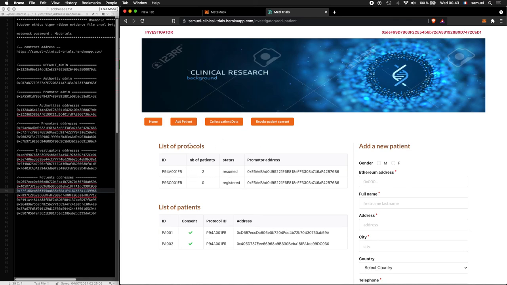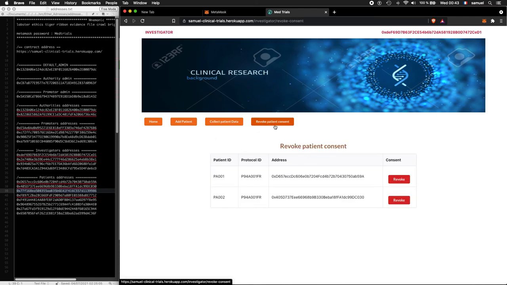So the next, let's click on revoke patient consent. This time, what we want to see is a patient, for example, who no longer wants to be enrolled in the clinical trial. So he just decided to revoke his consent.